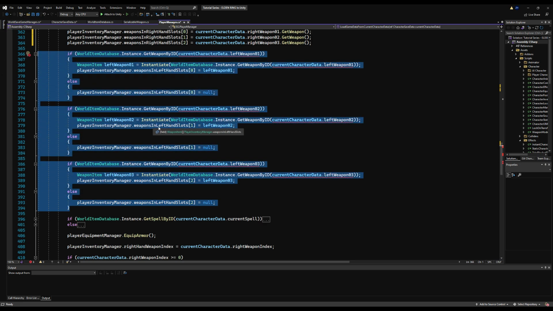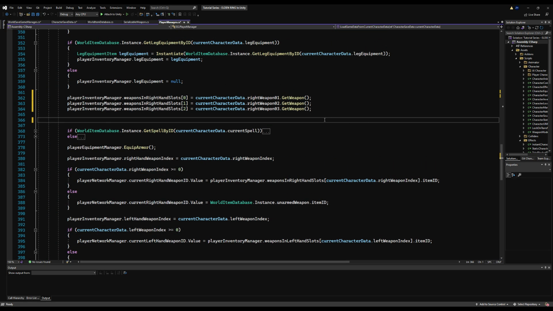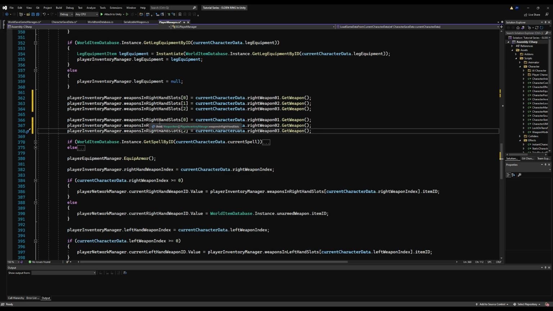I know we have the code for it. I can see the right weapon index down there, but I don't see the left weapon index. So I'm going to put that here in just a moment as well. So I'm going to copy where I saved, or rather loaded, the right weapons. I'm going to replace the keywords right with left, and we'll do the same thing here now and grab the